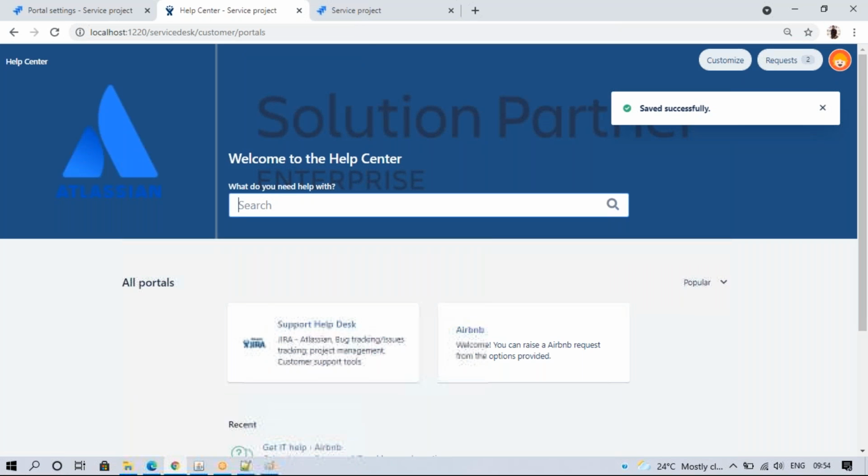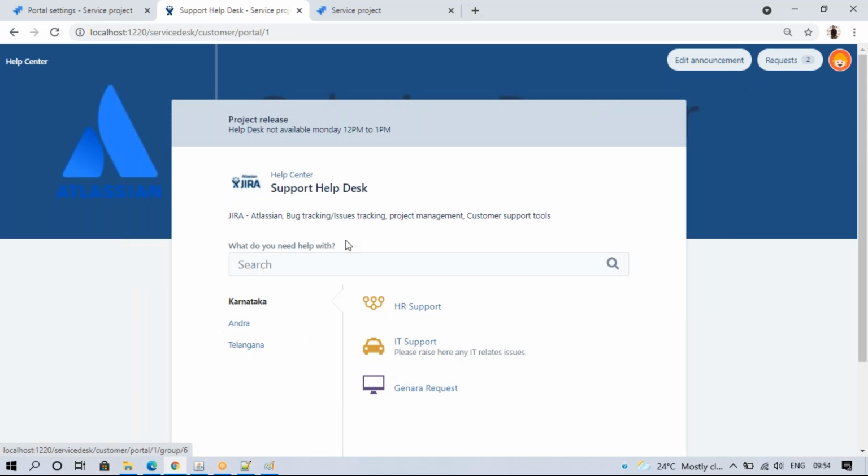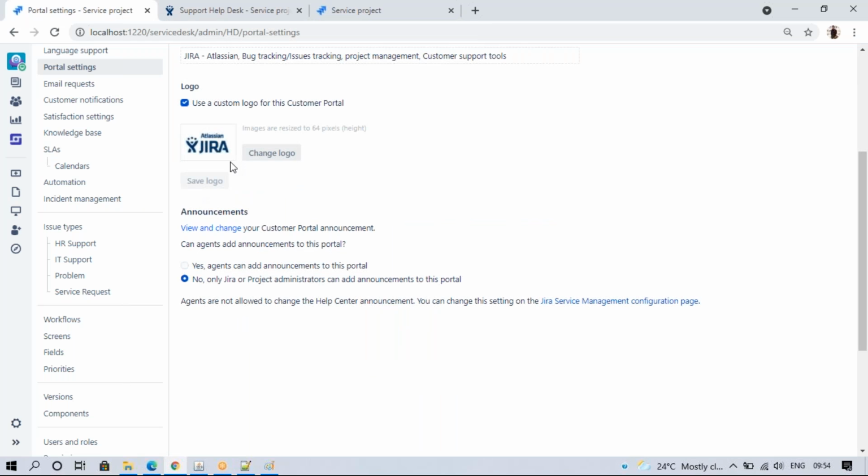As this is normal, if I click on IT support, I can see please, project release, help is not available Monday 12 p.m. to 1 p.m. This logo and this different content, all of this will come into this settings place.